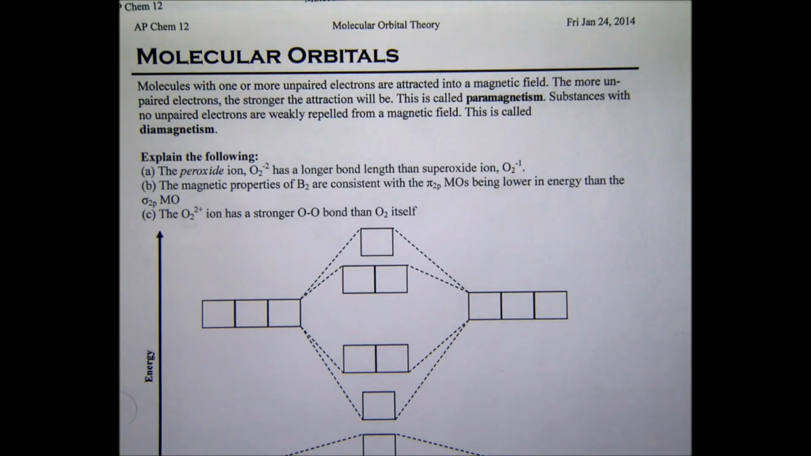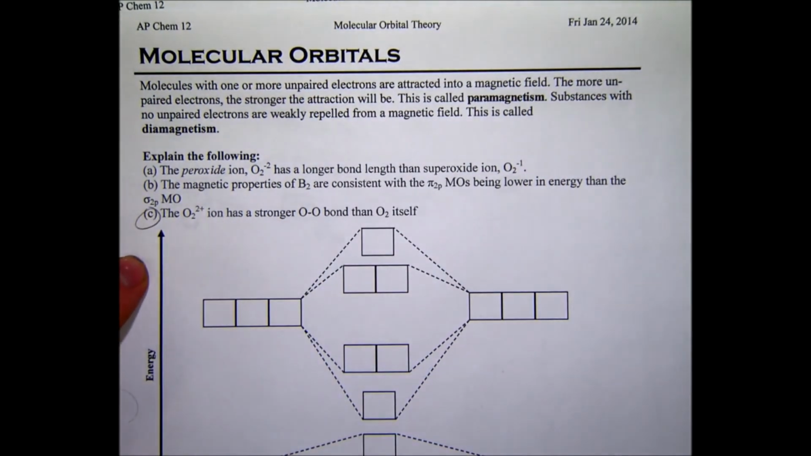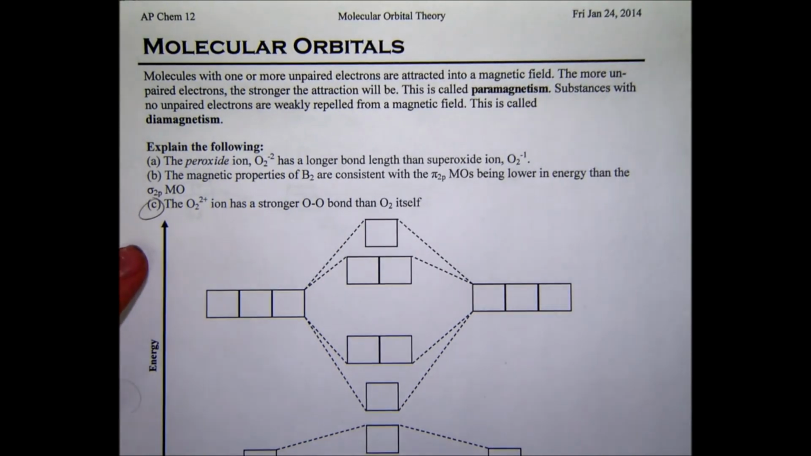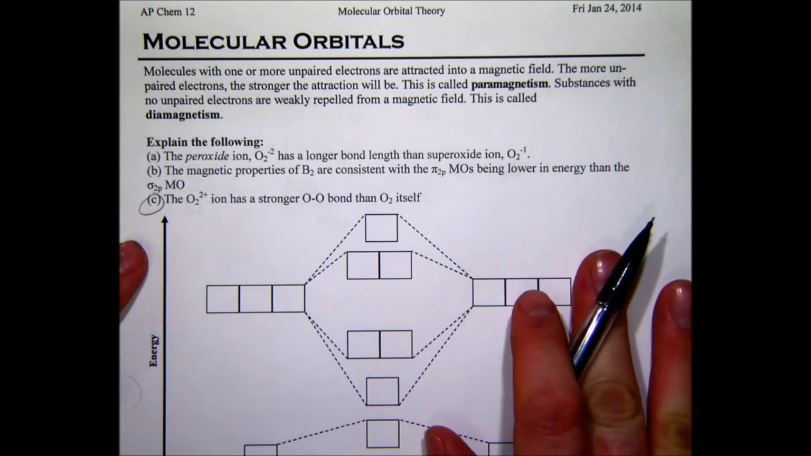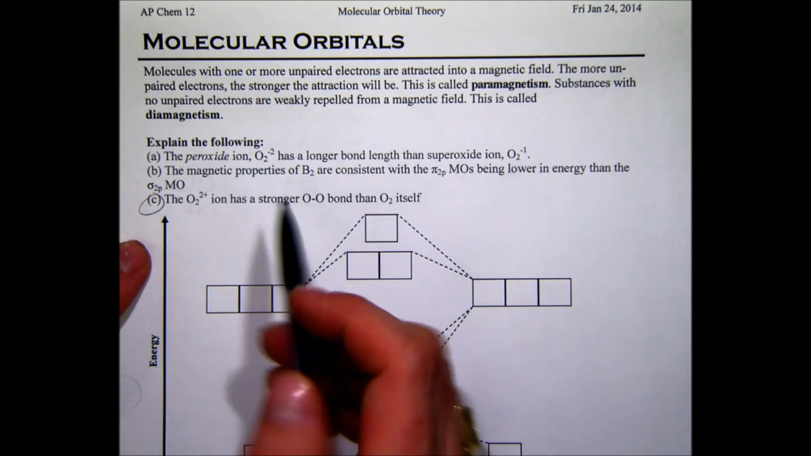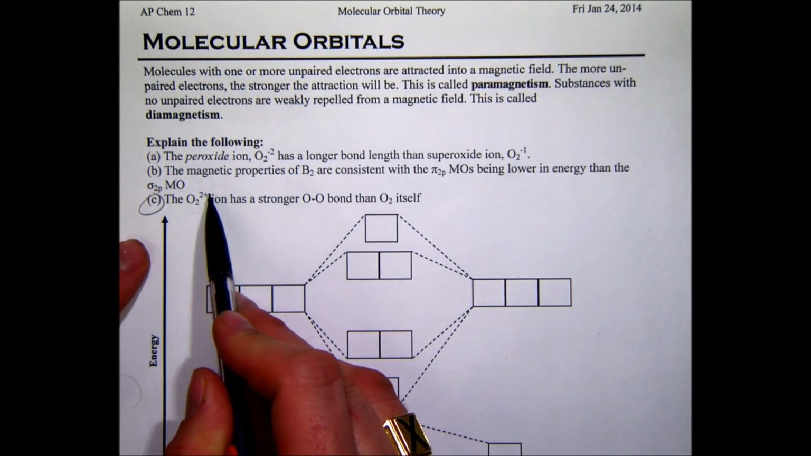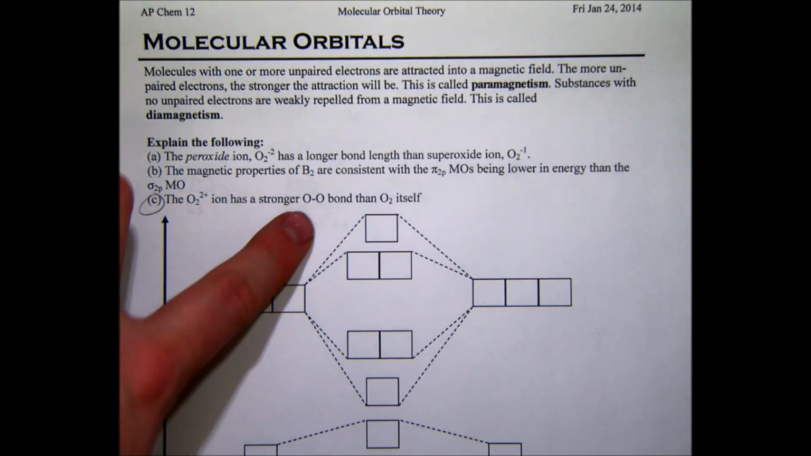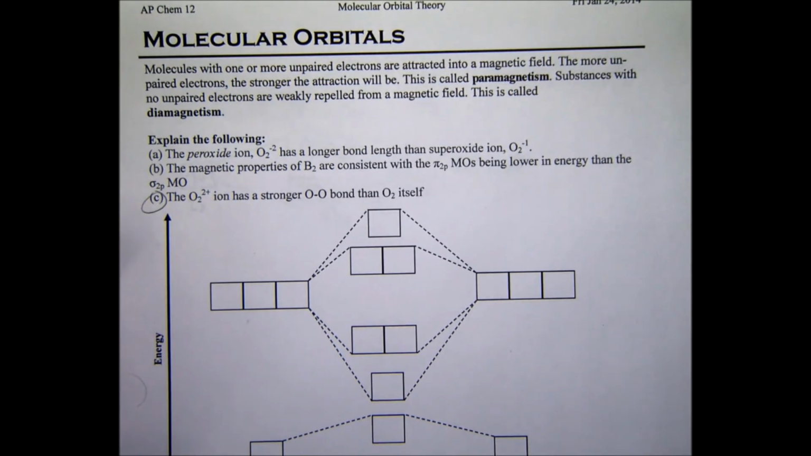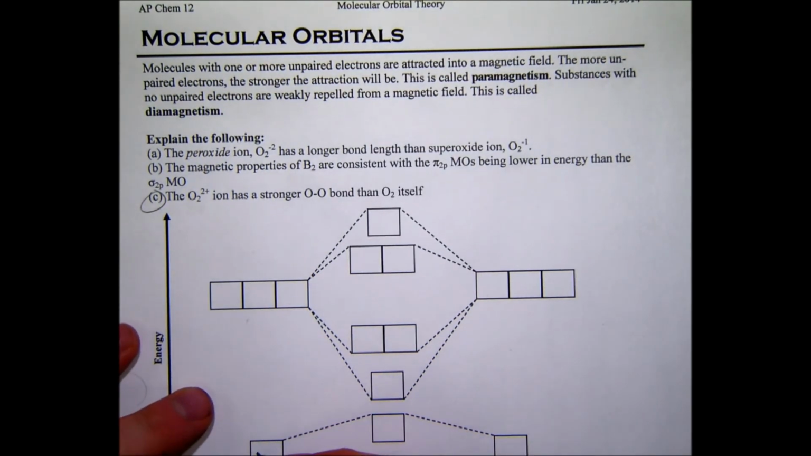So now we're going to have a look at part C. Part C is we want to use a molecular orbital diagram, just like we had before, and I'm bringing back a fresh page so we can use oxygen again. It says the O2 2+ ion has a stronger oxygen-oxygen bond than O2 itself. So we've already gone through and done this. So what I'm going to do is populate